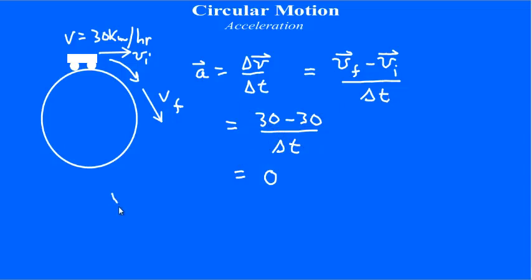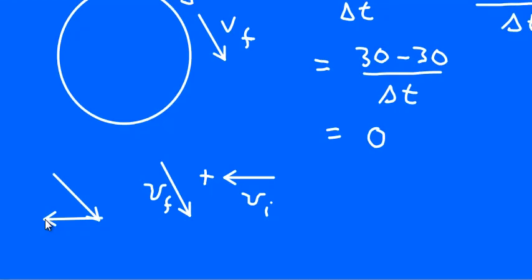So what we're basically doing is we're taking the v final vector, and we're subtracting vi from it, which is like adding the negative of vi. So that's going to look something like this. It's going to be vf plus negative vi, which is going to be going the opposite way. That's negative vi right there. So if you put those two head to tail, there's vf, and then at the end of it we'll put negative vi, like so. You can see what the resultant looks like. The resultant is going to kind of point that way. Now I didn't do it perfectly, but you should see that